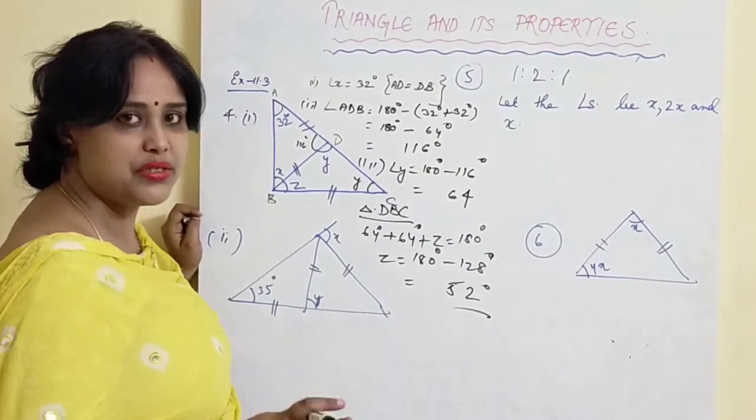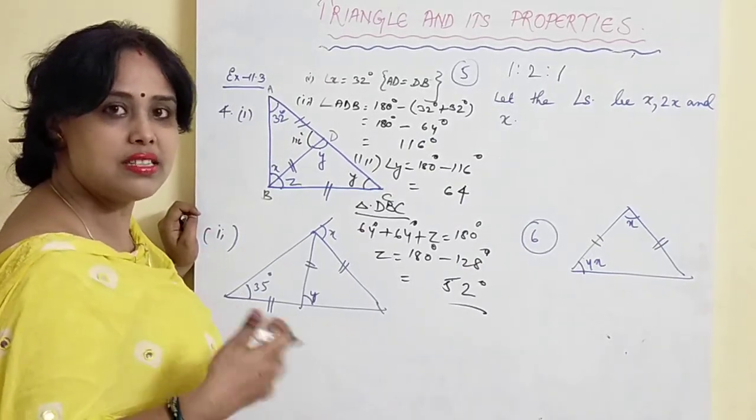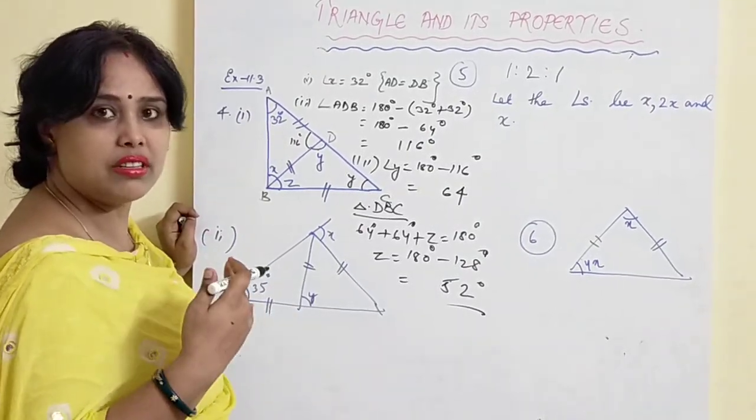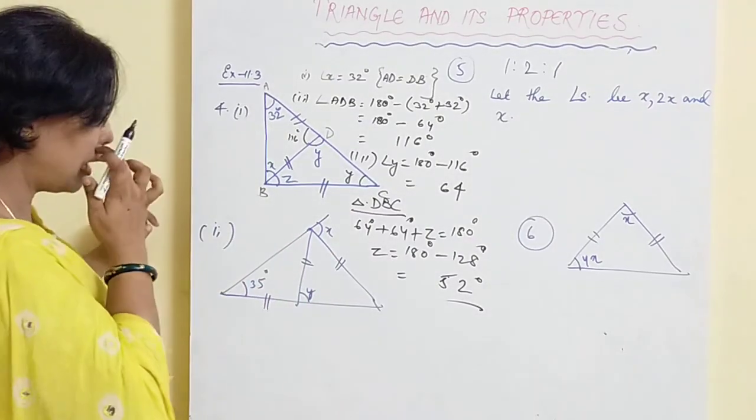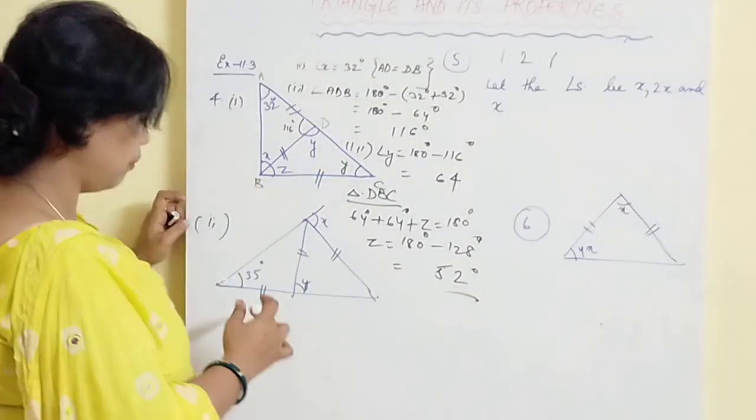But in assignments I have said the reason, and I have touched one sum of each question as it is taking a long time. So we need to cover the syllabus also. So that is why I am doing one sum. But for 1 and 2 both are a little bit tricky, so I am solving them both.